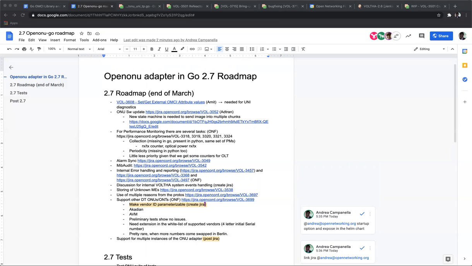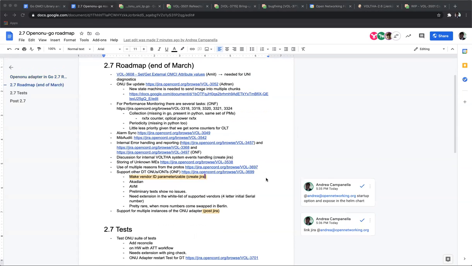Even though at the moment we have very good reconcile capabilities where no subscriber should be impacted if the adapter fails. Okay, so it's not like HA per ONU. No, it's just load balancing between multiple instances, like we're doing today. Exactly.